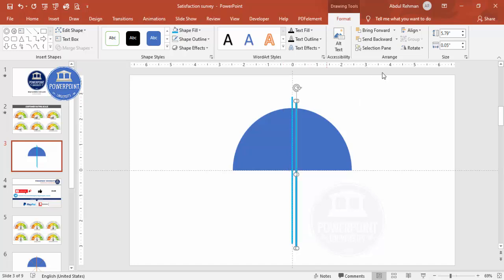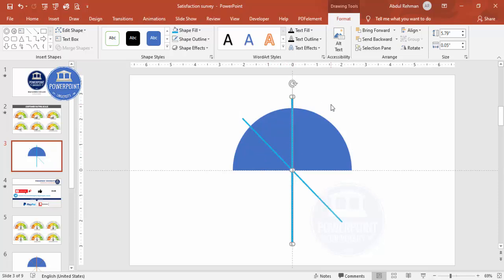You can see here it's duplicated, and then I'm going to align center, align middle, and I'm going to bend or tilt it towards the left side. For that, you need to hold the Alt key and press the left arrow key on your keyboard. Alt and 1, 2 times I'm going to press, and one more time 3 times. So you can see here the equal spaces have been given.